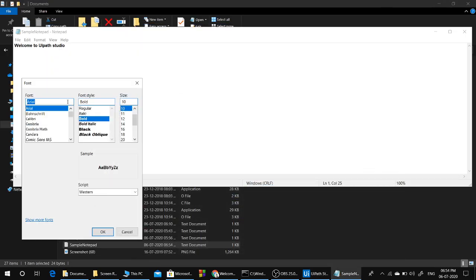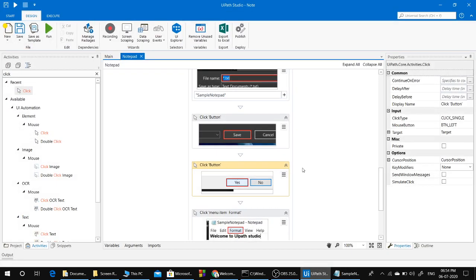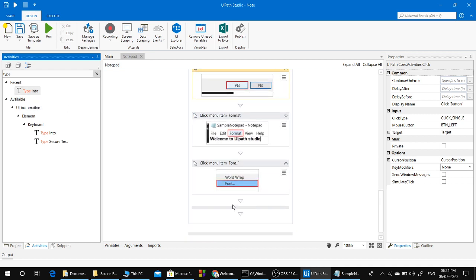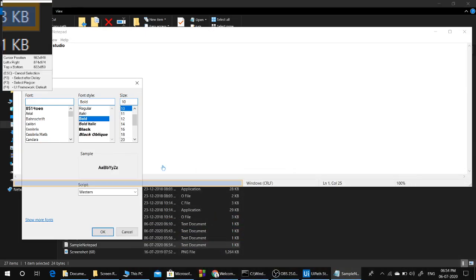Next we have to type some font name here and the font size. We have to leave the font style as it is. For that, let's go into UiPath Studio and drag the type into command here and indicate on the screen.